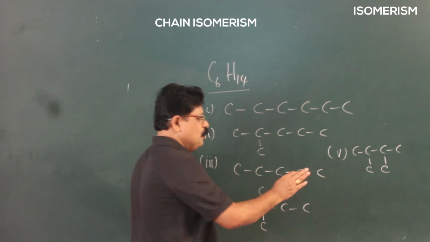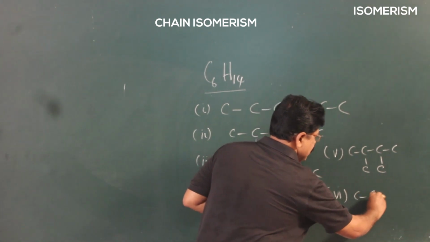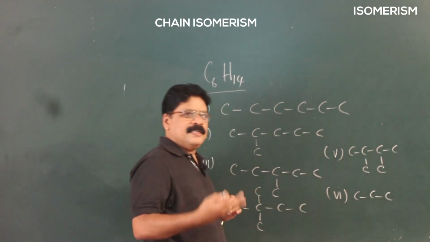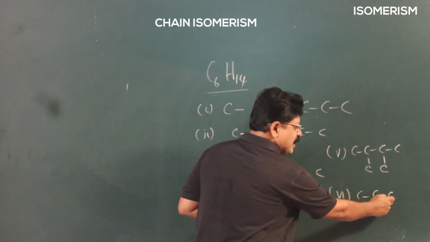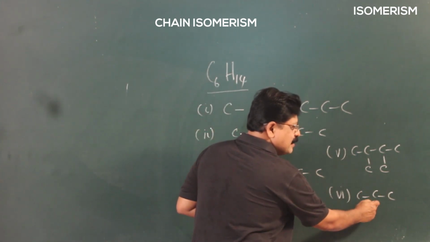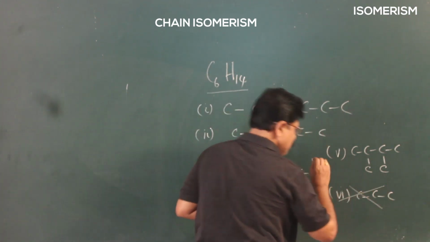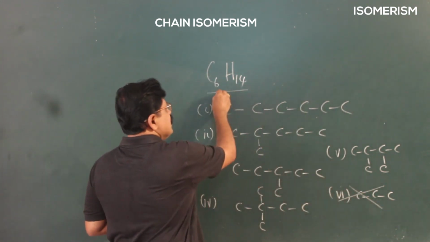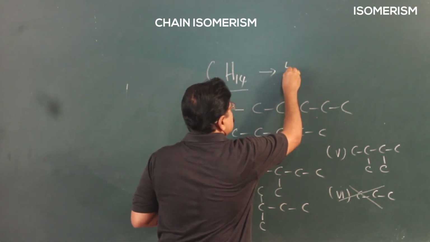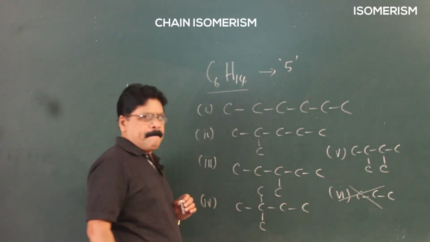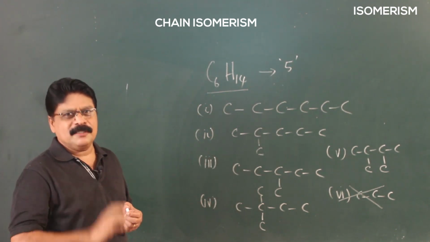Now 4 is over. Suppose you write a 3 carbon system. You have to place 3 carbons. There is no possibility of placing 3 carbons because on either ends you can't do, and it is a tetravalent system. You can only place 2. So a 3 carbon system is not possible. So a compound with this can have how many chain isomers? 5. So this is the simple way in which you can attempt such a question.